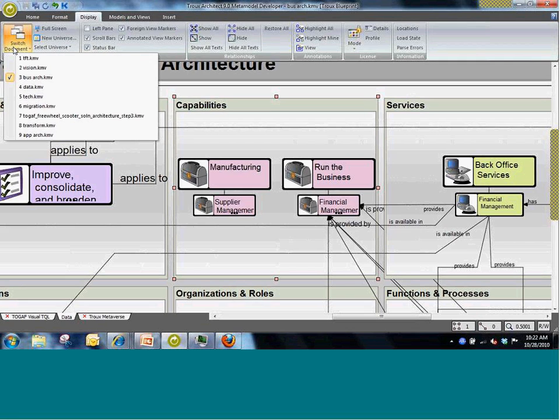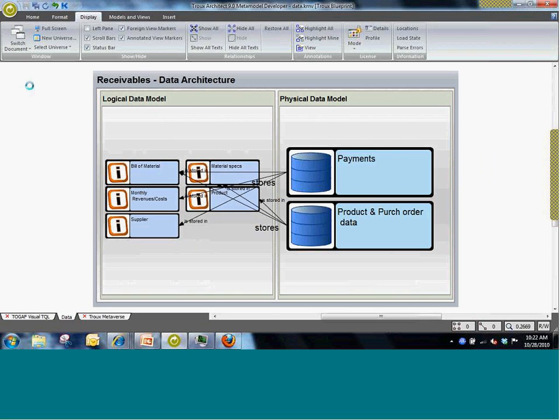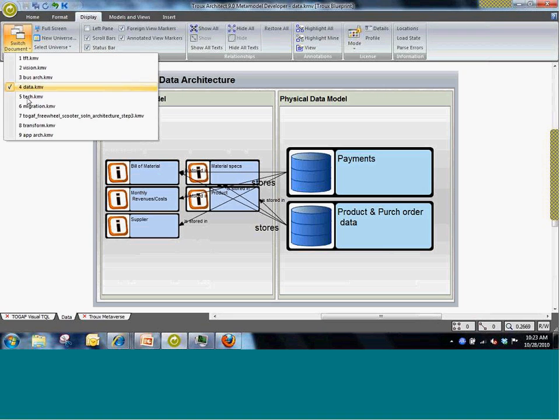Moving on to ADM, continuing to Phase C, once again, the Information Systems Architecture, supported by the application architecture template that we showed earlier, but also supported by the data architecture template shown here that allows us to capture, model, and analyze the information artifacts. So, for example, we see information groups and objects in the logical data model, and we see databases and schemas in the physical data model.